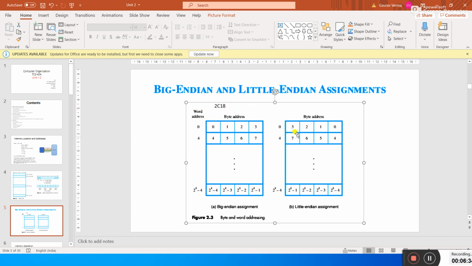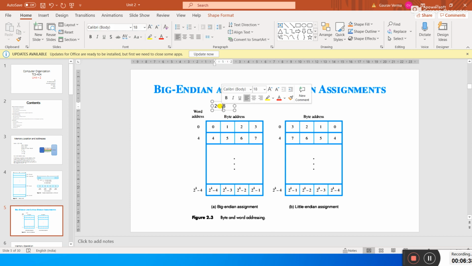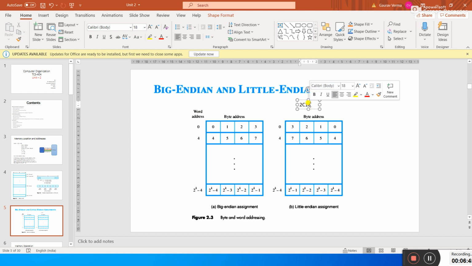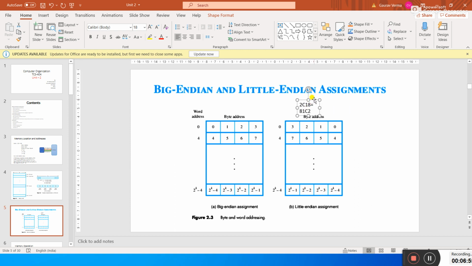But in case of the little endian format, 2C18 will be stored as 81C2. It will be stored like that. So that's how our data is stored in a little endian format and in a big endian format.